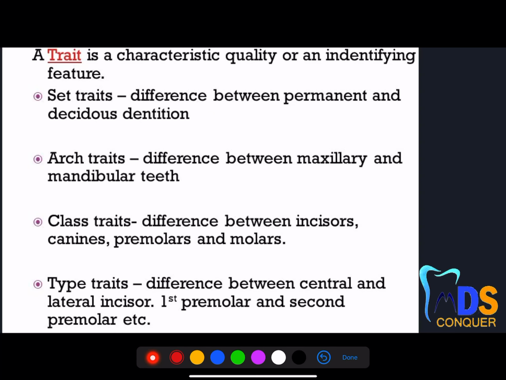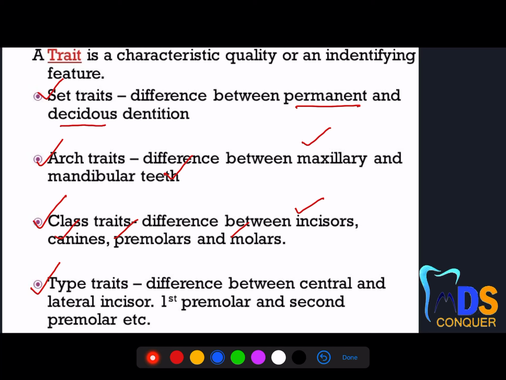So the first important content is traits. Traits are of different types. One is set, second one is arch, third one is class, and fourth one is type. Set is different sets of dentition, that is the permanent and the deciduous. And arch, that is different arches, maxillary arch, mandibular arch, and different classes, that is the incisors, canines, premolars, and molars. Whereas coming to the different type, that is different types of teeth, that is the